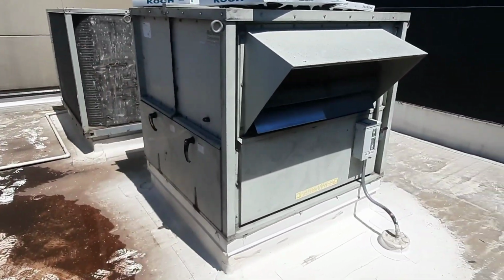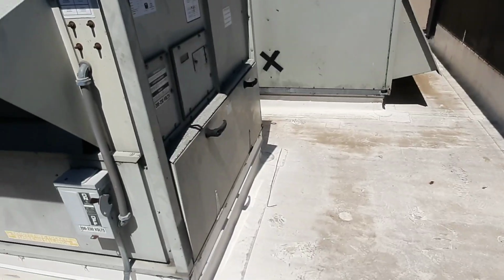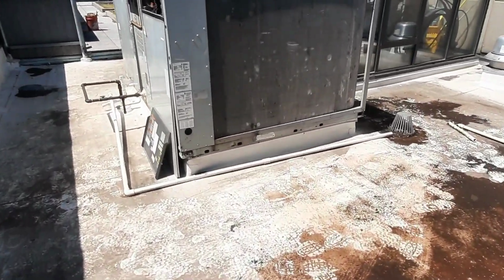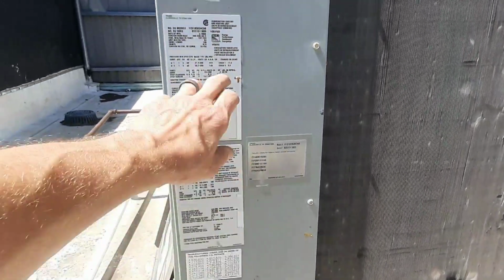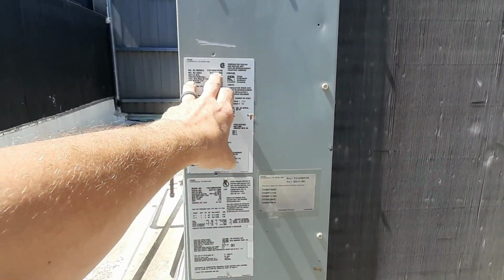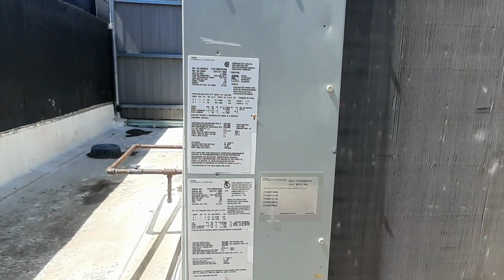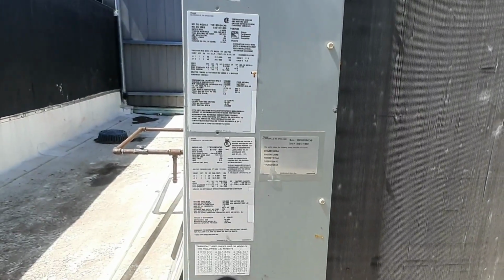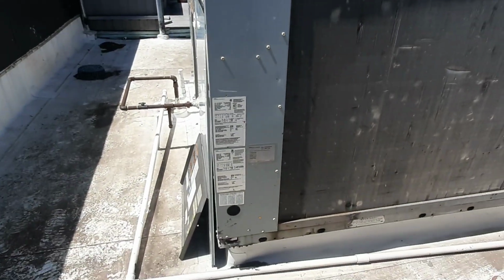The ERV wheel is going to be just as bad. It probably needs to be replaced. These things are, I don't know, I think probably 30 years old, 20, let's say 20 years old. I don't remember how they did it. Maybe in 01. That might be an 01. Oh no, here you go, 08. So less than 20 years old, but